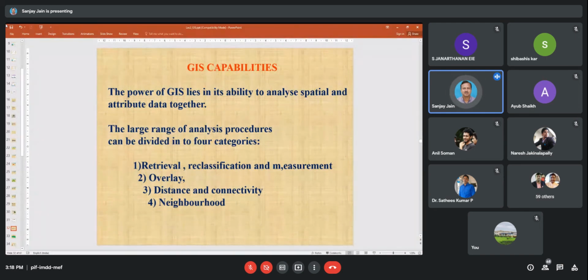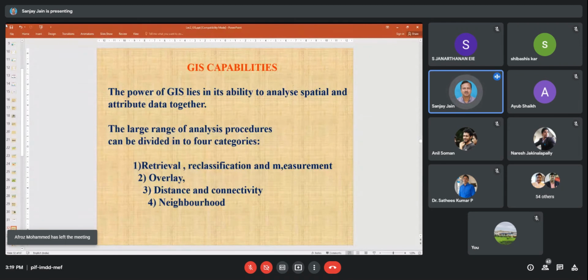Retrieval. A simple example is if in my district I have done some sampling and I have done the water quality analysis. Now I want to know which pocket in that particular district has water which is suitable for drinking. So I know certain criteria: pH should be this, chloride should be this, hardness should be this in this range.